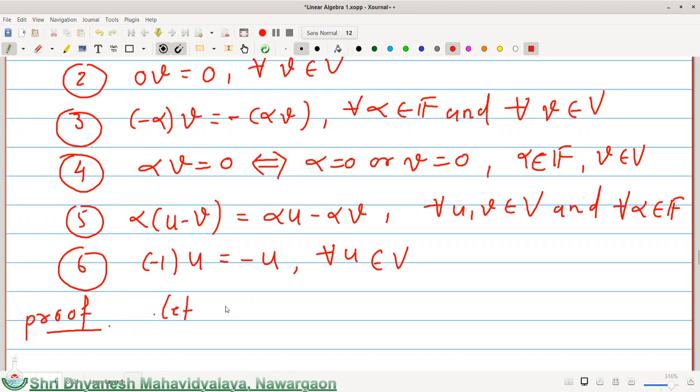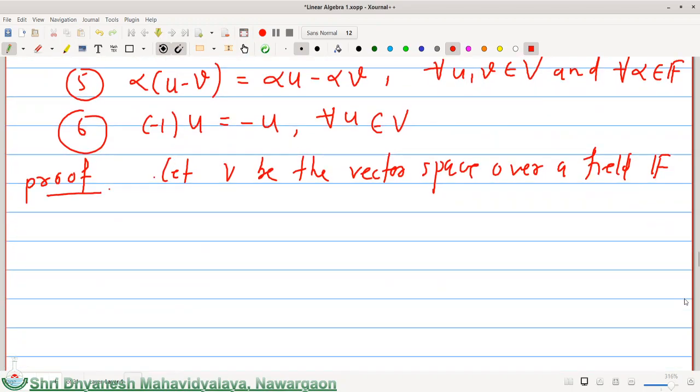So let V be a vector space over a field F. Okay, so number one, claim: what we have to prove is alpha into 0 is equal to 0 for all scalars alpha of F. Okay, so we have,